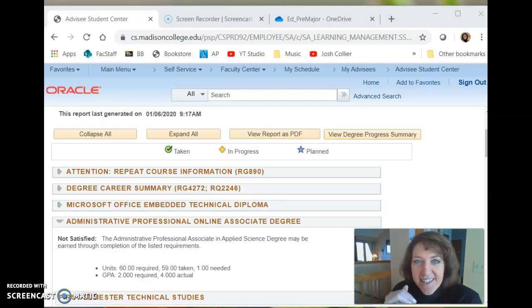Okay, here we are, our last step to figuring out how to submit an unofficial transcript. You should see a screen that looks something similar to this. There's lots of things you can do here. One of the things you can do is click Expand All, and it'll expand all of these categories to show absolutely all of the information. So I want you to go ahead and click Expand All, and then once that's done processing, click View Report